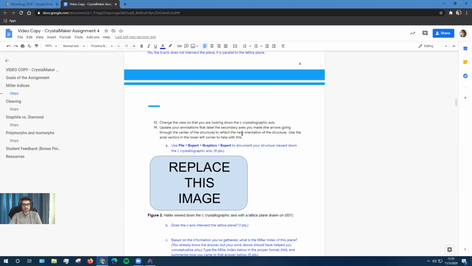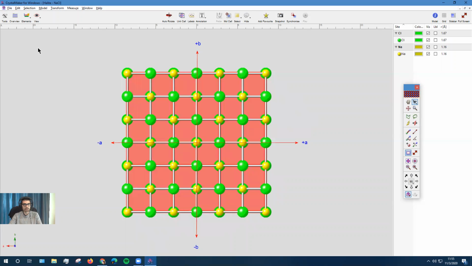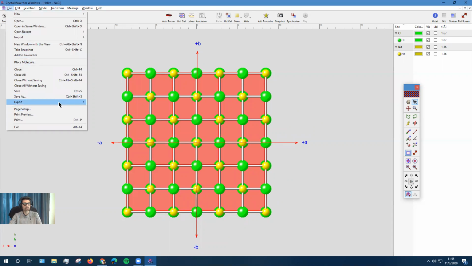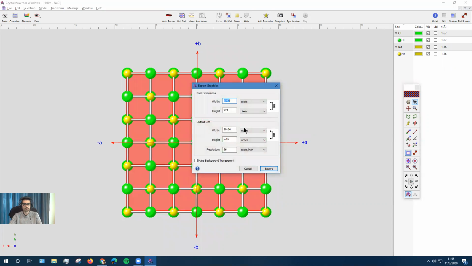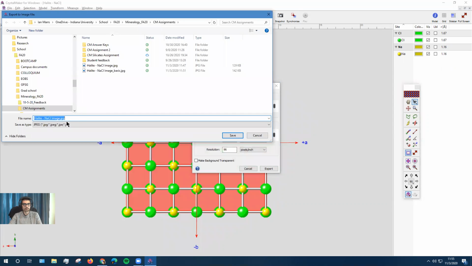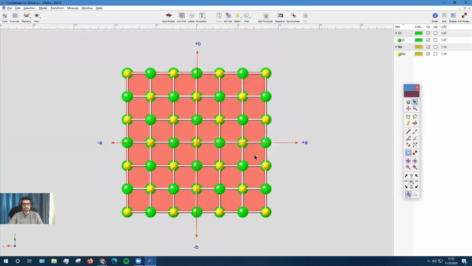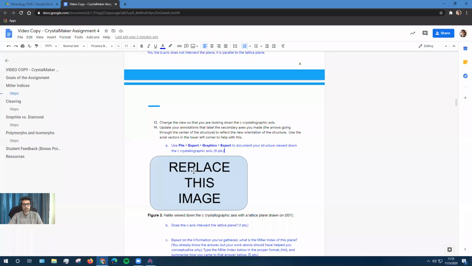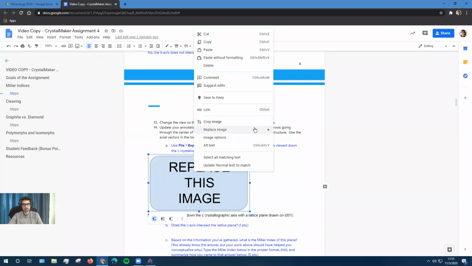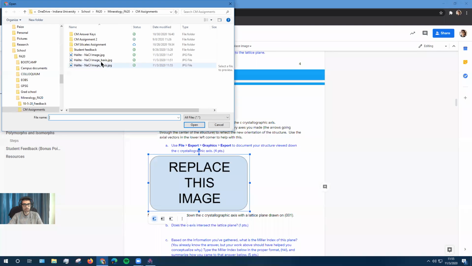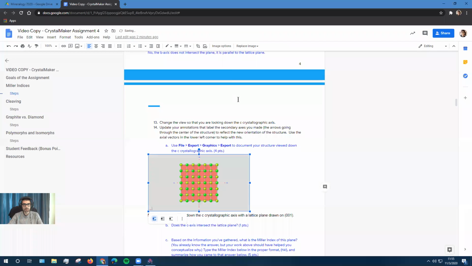So we updated the annotations, and we're going to replace this image in just the same fashion we had been. File, export graphics, export, rename, underscore C axis, save. Back to the document, replace, upload, C axis, yay,